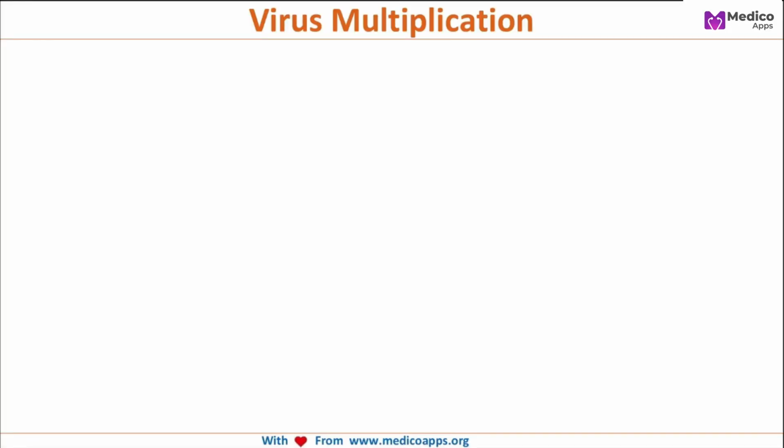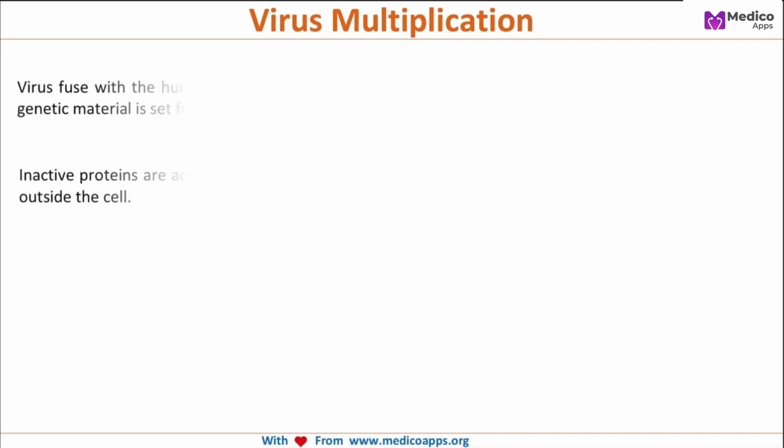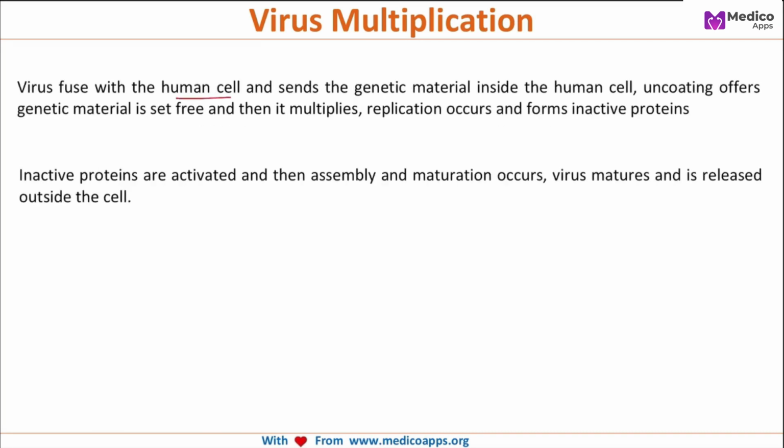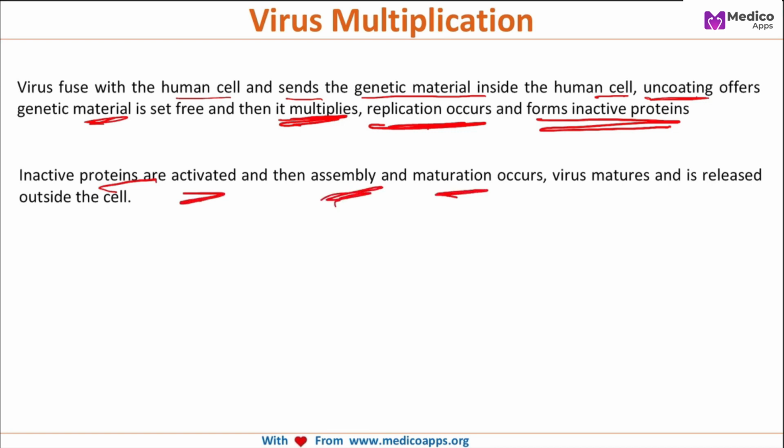So we have to understand how a virus multiplies in order to make any drug that acts against it. The virus fuses with human cells and sends its genetic material inside the cell, where it undergoes uncoating. The genetic material is set free and then it multiplies inside the cell. Replication occurs and forms inactive proteins. Once these inactive proteins are activated, they undergo assembly and maturation, and the mature virus is finally released outside